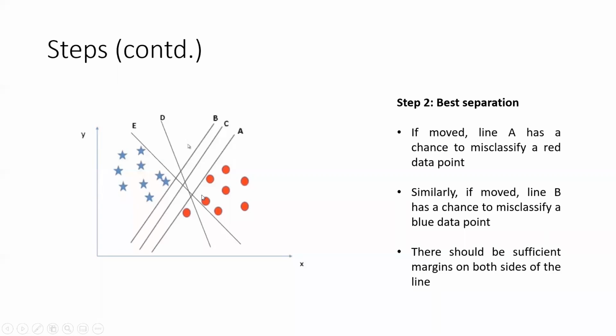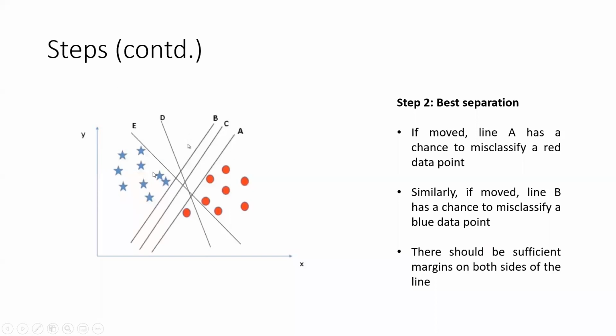This is something like the data science concept called overfitting, where you train or fine-tune a model to such an extent that it best suits only one particular set of data points. Tomorrow if you get another data set and apply that model on the new data set, the accuracy might not be that high; the accuracy will reduce. That's what we call overfitting. In this SVM scenario, line A has that overfitting characteristic, so we discard line A.